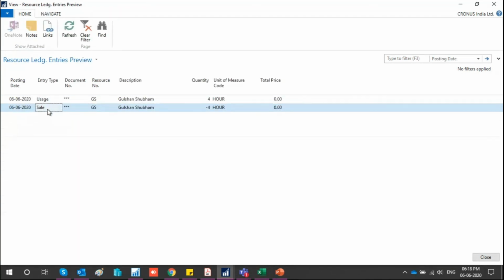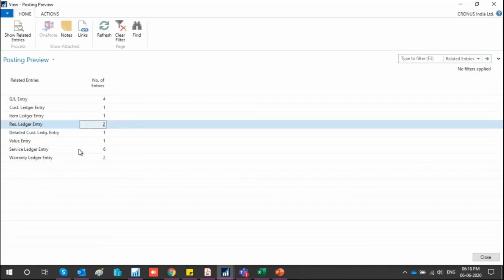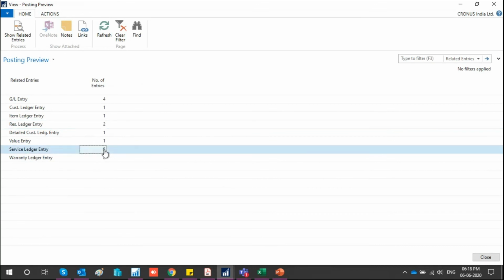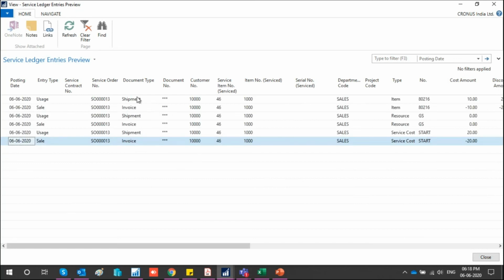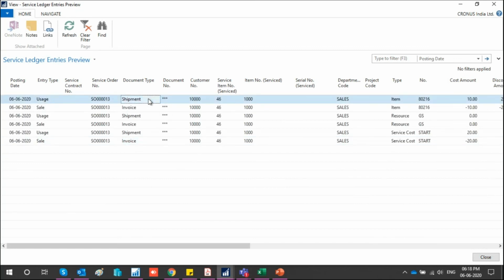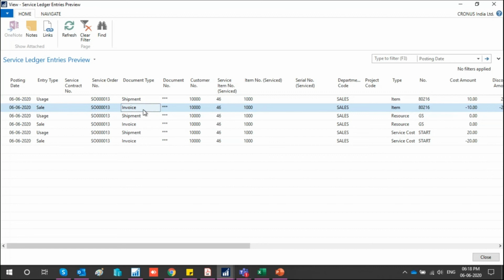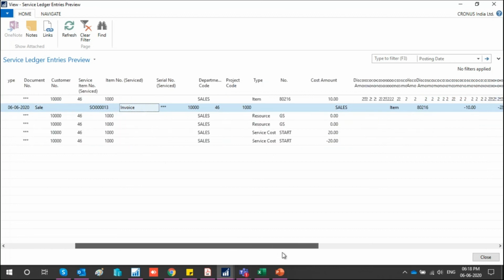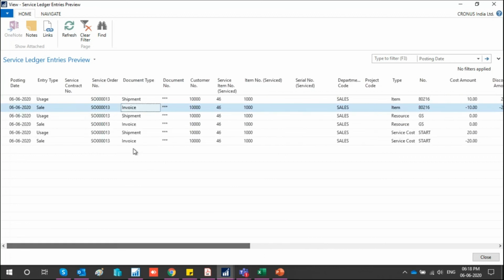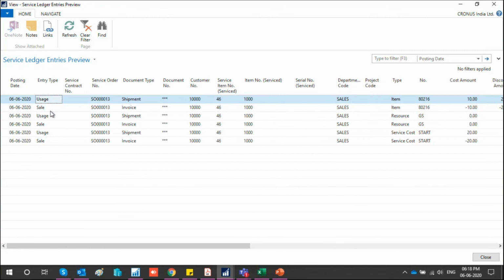First when I was shipping it, and the second is for sale as I'm invoicing it. So that's why the entry type is sale. And I'll go to service ledger entry. You can see earlier it was 3, now the count is 6. For the usage type it is shipment, for the sales type it is invoice. So you can understand it like the expected cost and the actual cost.